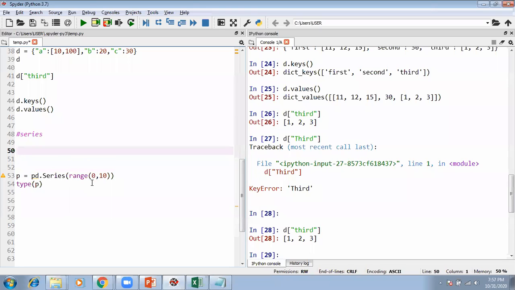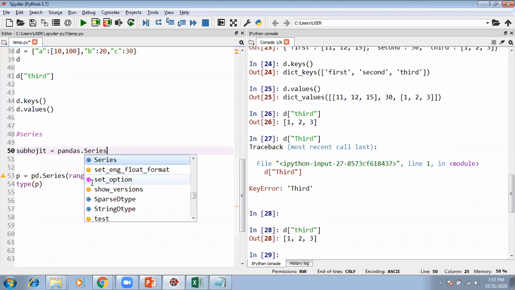you can give a name, maybe any name, like with my name, Shubhajit equals pandas dot series. As soon as you write pandas dot s, automatic options are going to show you what keywords or syntaxes are possible to be written along with pandas.